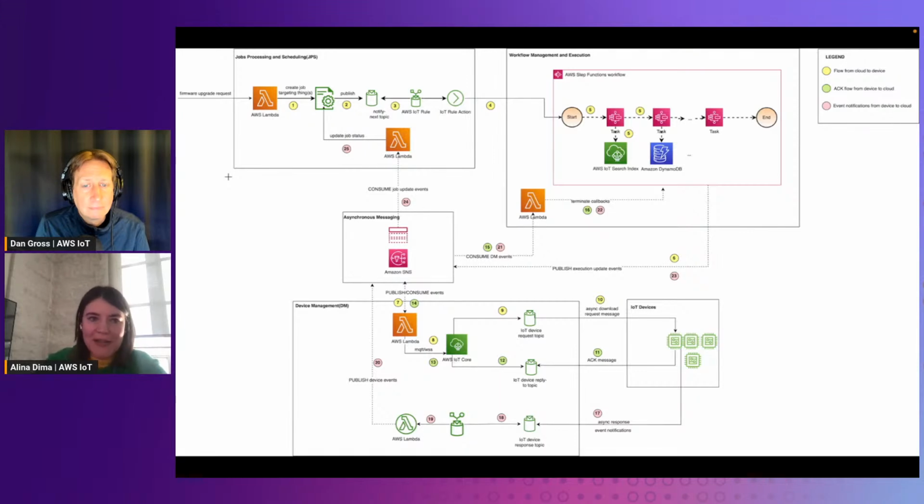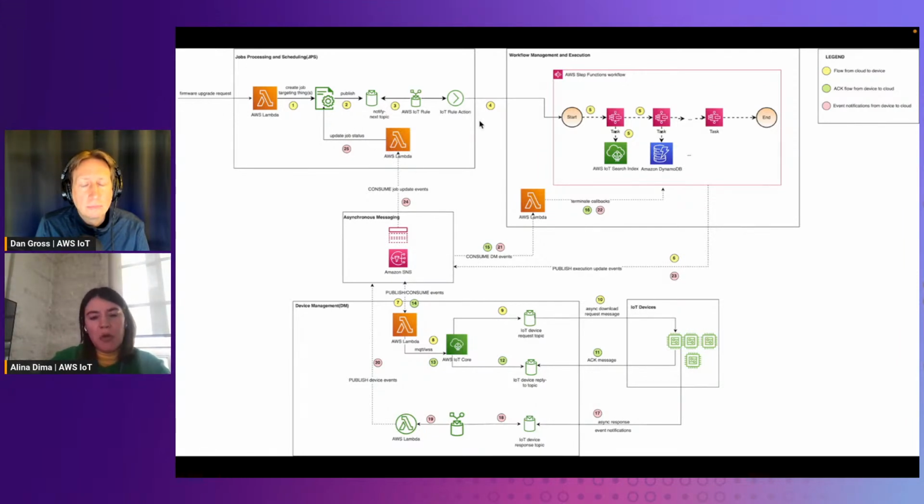I will start with one device later, but then maybe extend it to 100 devices. So I will want to create this firmware upgrade request, and then send the request to start the firmware upgrade on my 100 devices, and let the system that you see in the picture execute this firmware upgrade flow on my 100 devices. So the first thing that will happen is that the firmware upgrade request will come into this